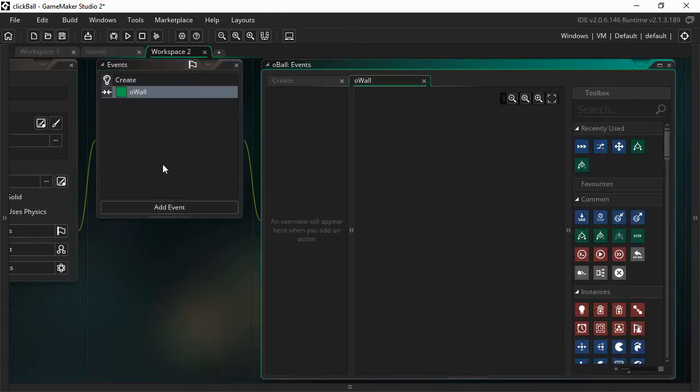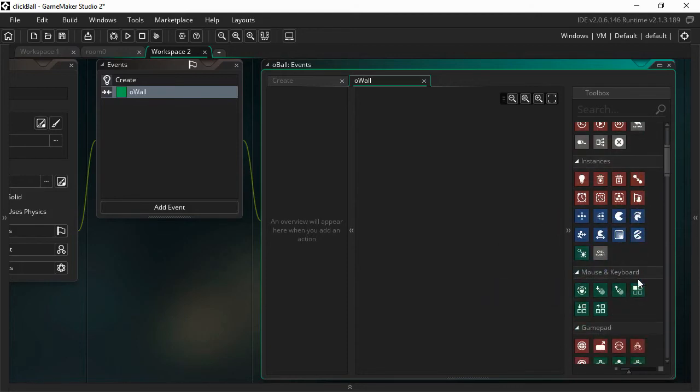So the ball collides with the wall. The ball is the main player here, and the wall is what you call the other player. So when the ball collides with the wall, you want the ball to bounce or to move away from the wall. So what we're going to do here is, again, use the